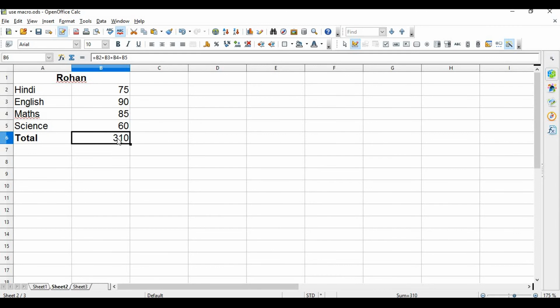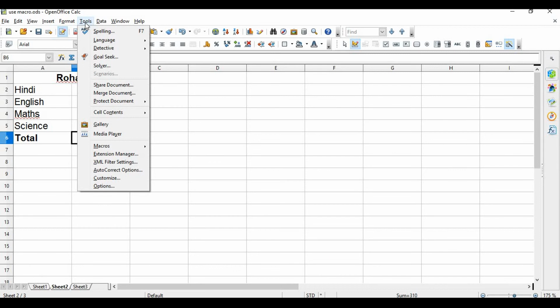So this is the use of macro. A macro we can use anywhere. Once after creating it, first we have to write some set of commands, and then we can use these set of commands for later use. So where do we have to write the set of commands? Its commands are written already here.